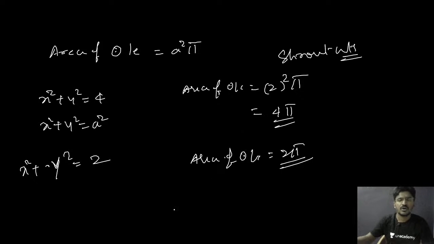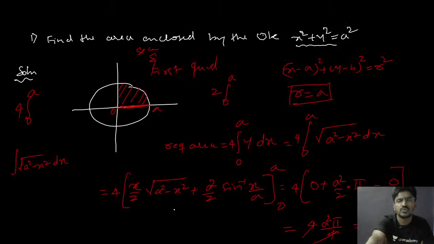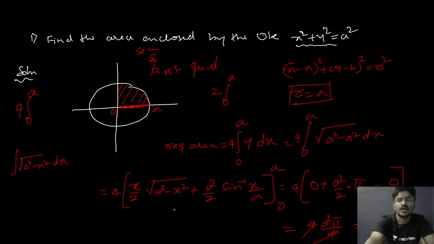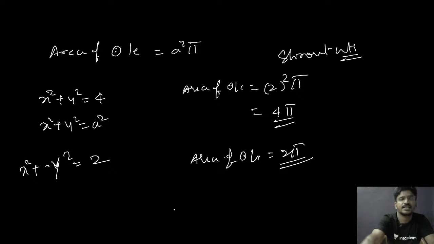Because if you go through your method, you have to simplify all these terms. If you go through all these terms, it will take a very big time. So don't waste time in your CET exams. Directly you remember it, and from that you can just directly write that area of circle is 2 pi. So next,